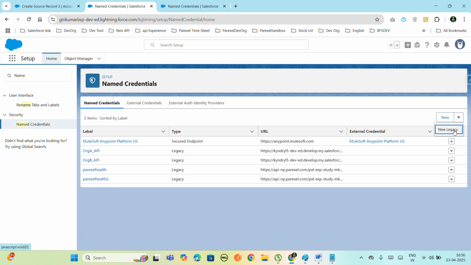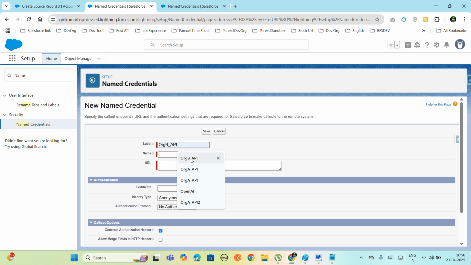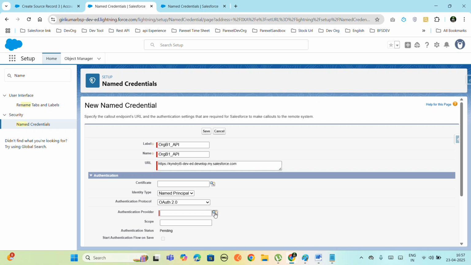When you click on New Legacy, here we give all the details like the name and the URL. The identity type is named principal. Authorization is OAuth 2.0. For auth provider we click on this one,